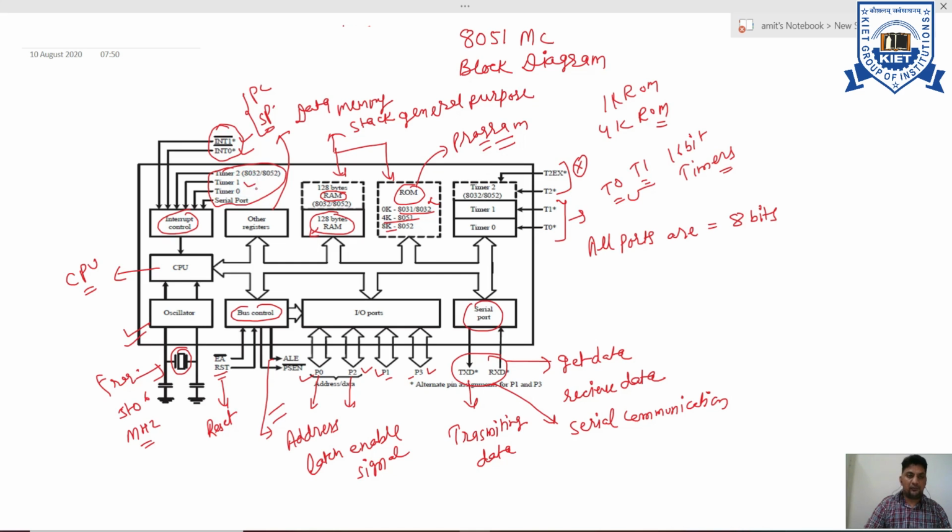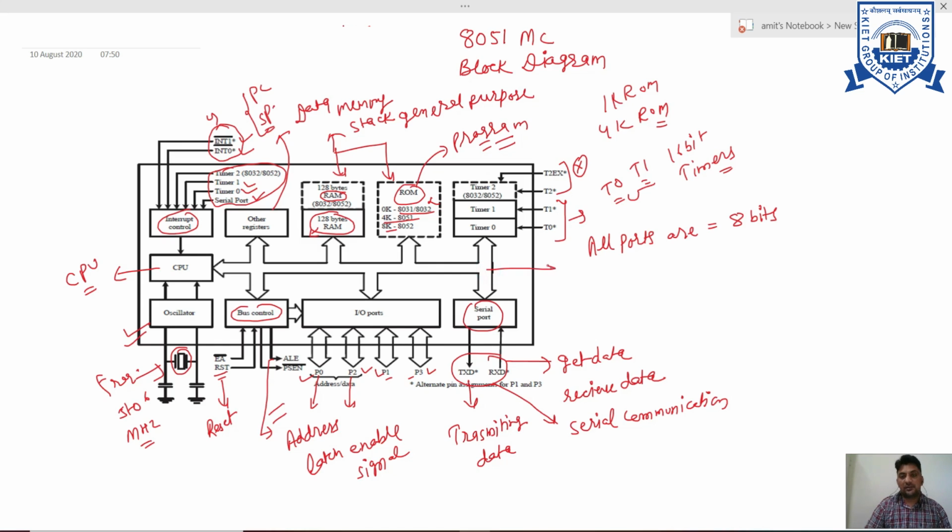When we use timer 0, then we can use the timer 0 interrupt. And when we are doing serial communication, then we use the serial port interrupt line. So here two external interrupts are available, and all other interrupts are internal interrupts.